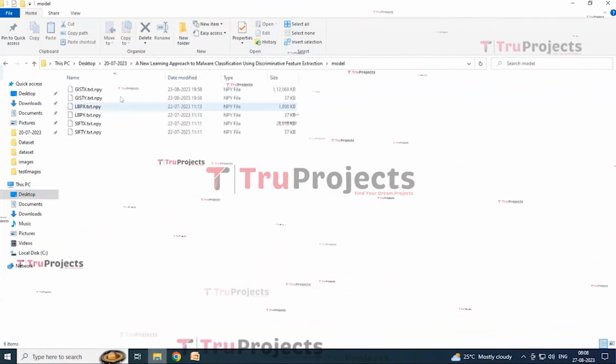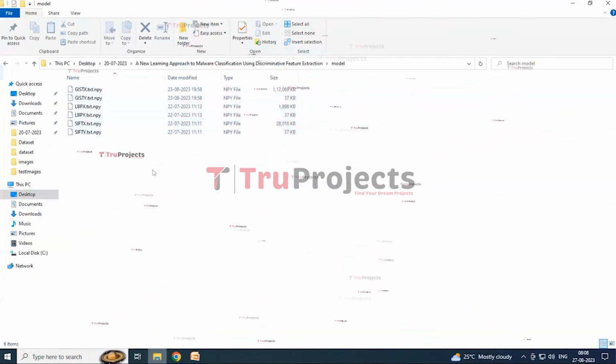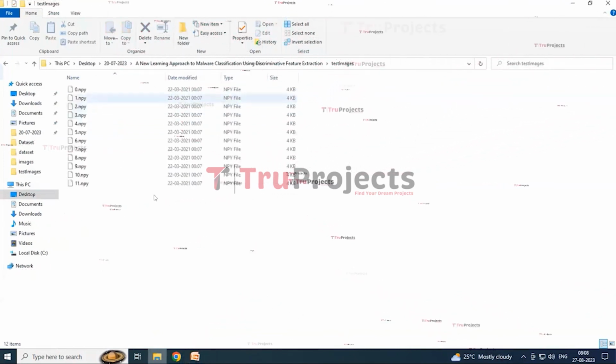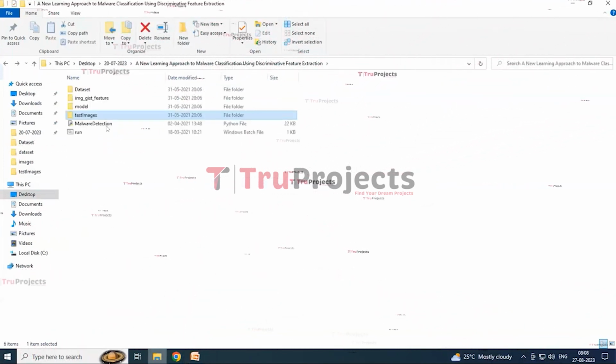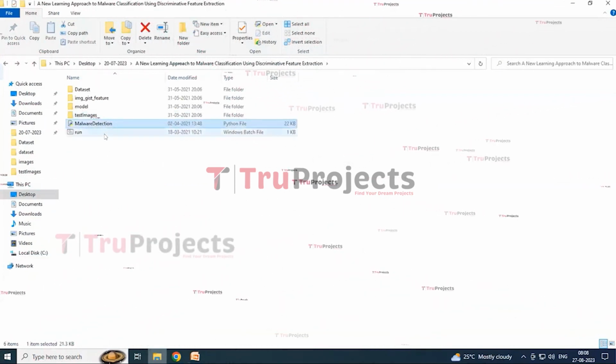Another folder named model. In this we again have a .txt file with the extension .npy. Another folder which is named test images. In this we have some images over here for testing. This is the main Python file which contains the Python script in it, and here this is the run.bat